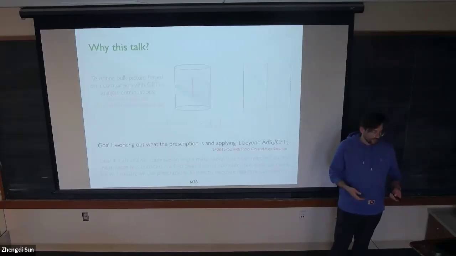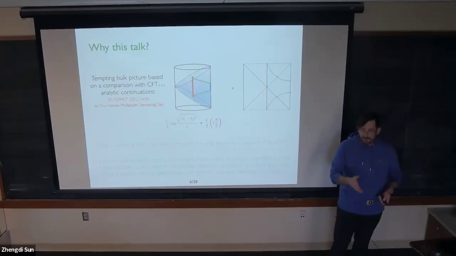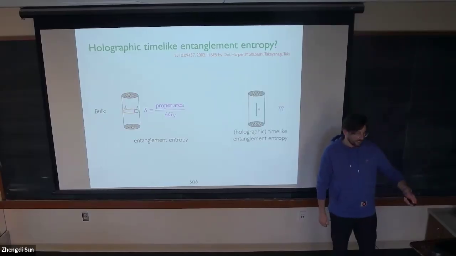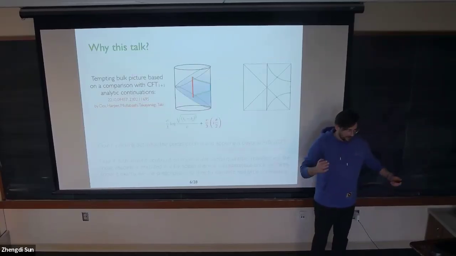And then, let me remind you the question that I want to address, so no more tensor networks. I'm happy to discuss after the talk more, but no more tensor networks. The question that we want to address is what's going to be the gravitational representation of holographic timelike entanglement entropy. And there's a proposal, and this proposal was in the original paper